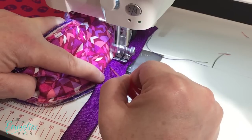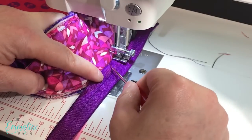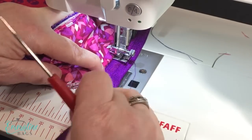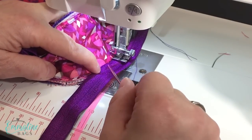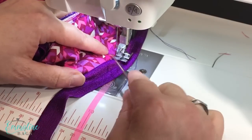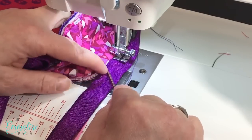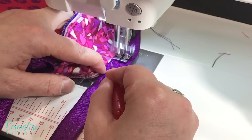So one thing I want you to know is when you put this binding on and turn your bag right side out, the binding is actually going to be deep into the corners. So I don't want you to stress too much about how perfect this does or doesn't look. It's going to be deep into the corners and you're not going to see it. The area around the top of the bag where the zipper is, that's going to be more visible. So we do want to have it looking really good and perfected our skills by the time we get to that part. But for right here,